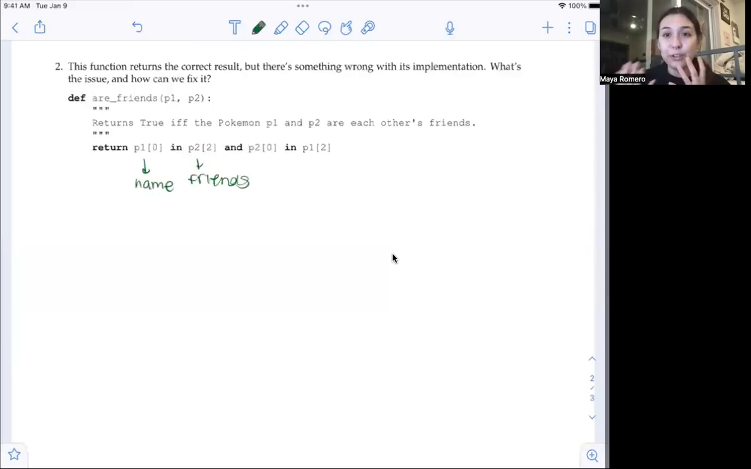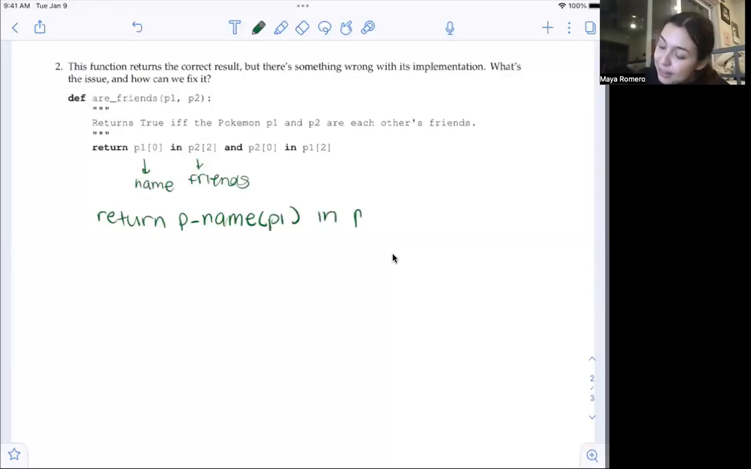Instead, we just created selector functions that give us our name and friends automatically. We don't have to worry about what item of the list it's in. We just know that the selectors we created earlier, p name, p type and p friends, will give us what we want. So instead, let's try rewriting this using those selector functions that we defined in the last problem. Instead of doing this, let's try return p name of P1 in